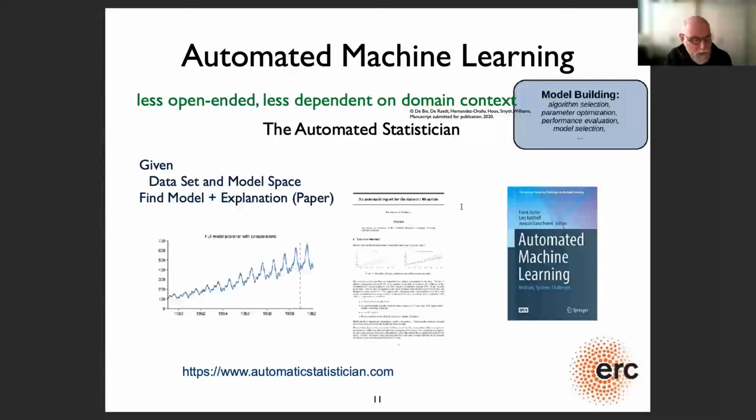One technique that I find quite fascinating, because it's a little bit different than the standard AutoML techniques, is the automated statistician. Because there, again, it's a very well specified task. I mean, there's time series, and there's also a model space that is being defined. But what it then does is produce this kind of statistical model. And in addition to doing that, it actually also produces a paper that describes and explains the model in statistical terms, just like the kind of report that you would get from a statistician doing the analysis.